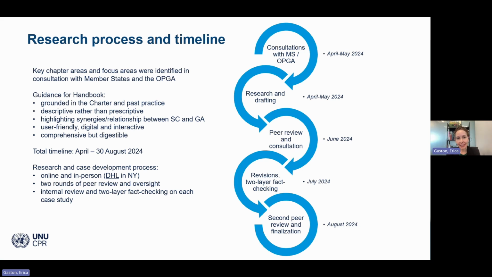So we really only got started in it towards the later part of April, and it had to be finished before the end of the session. So it was a very short research and drafting process. We got a lot of guidance and support from different member states involved, not only those that provided financial support,